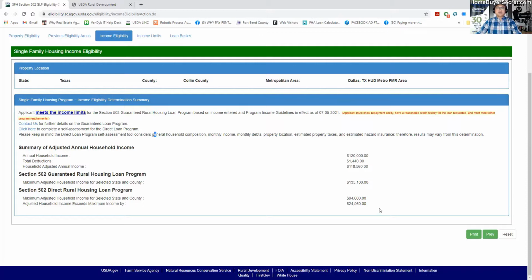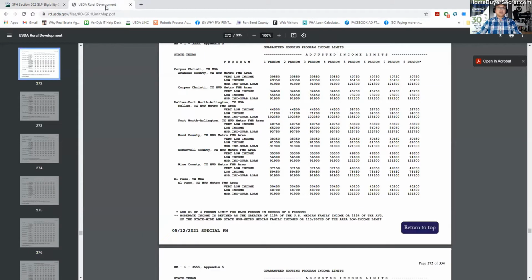Okay, and this reflects the same exact thing that we saw on the charts, right? See, on direct, as you can see, 71,200 is the income limit if you have up to 4 persons, right? But in my case, I have 5, so it's actually 94,000. So if I make 5,000 and my spouse makes 5,000, we're above the limit because we're making 120,000, adjusted 118. But because direct uses low income, but guaranteed uses moderate income,